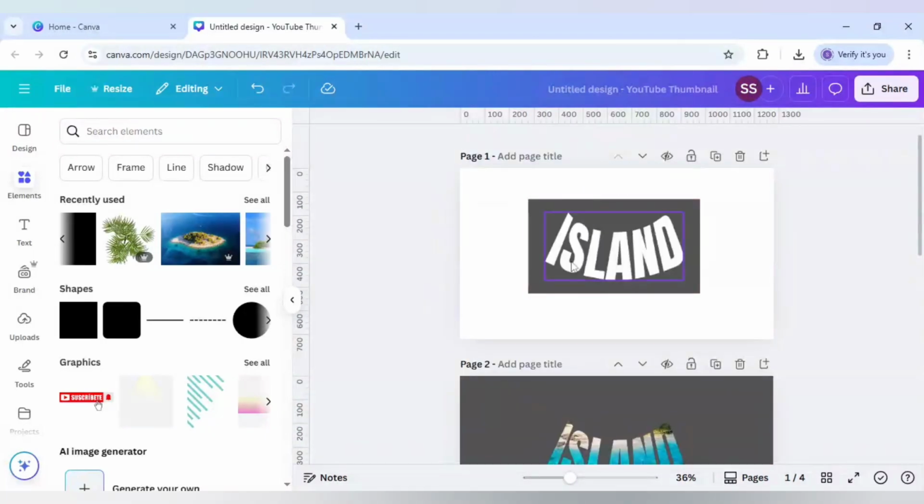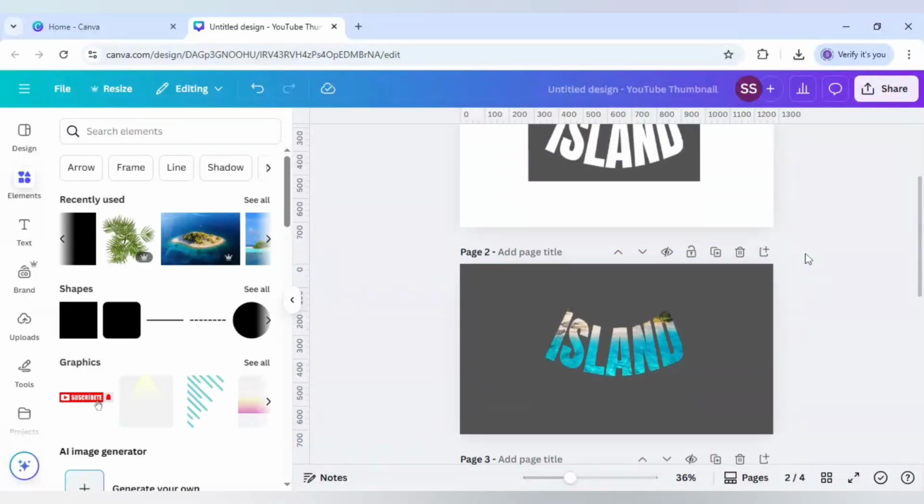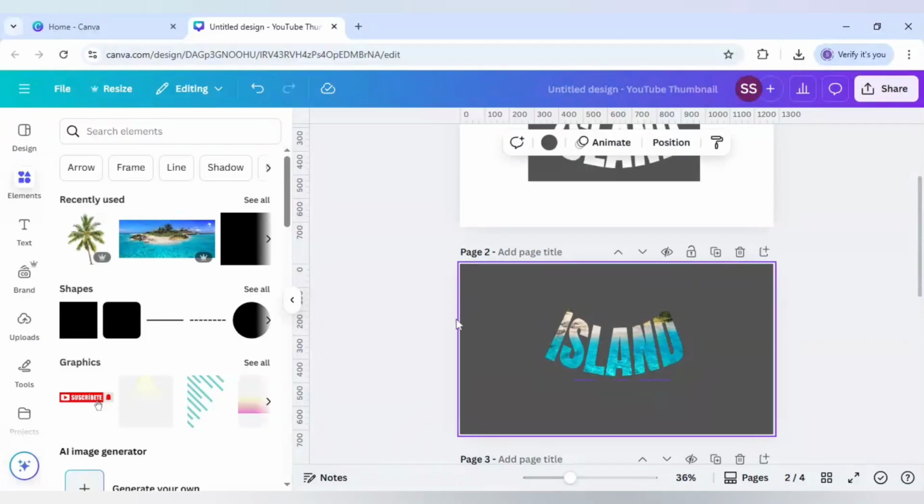So the first step is making the typography using the Typecraft app. Next, border it with a box of square shape and make it a dark gray color. Then download it, clicking on share, and make sure you are downloading it as PNG. And in the next step, re-upload the image and remove the background. Place the image of the Caribbean island and set it, and after that change the background color to the same